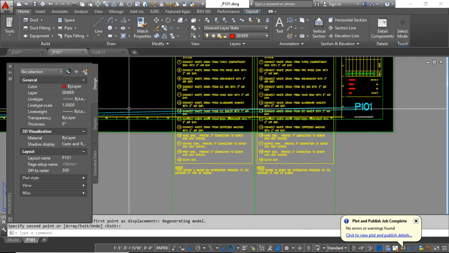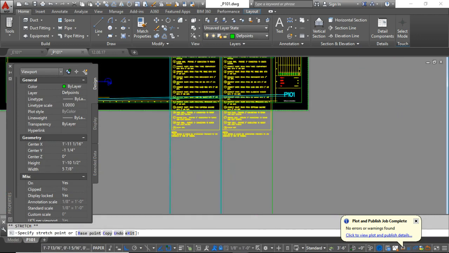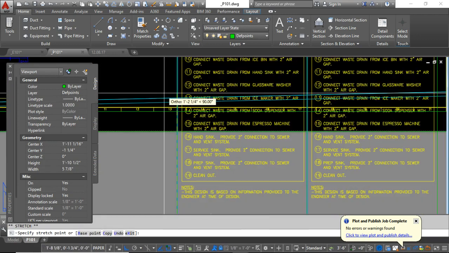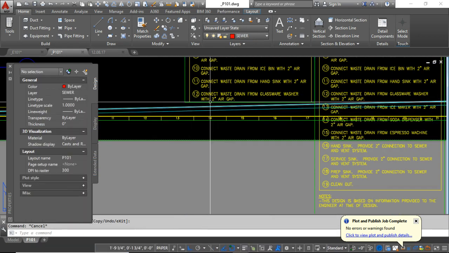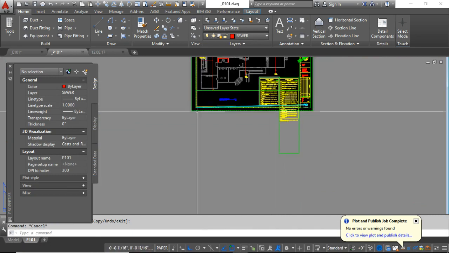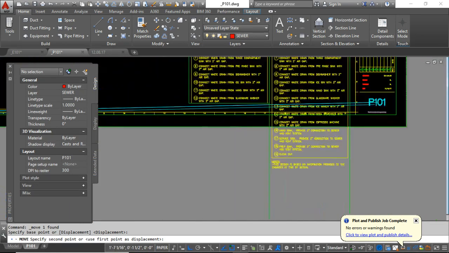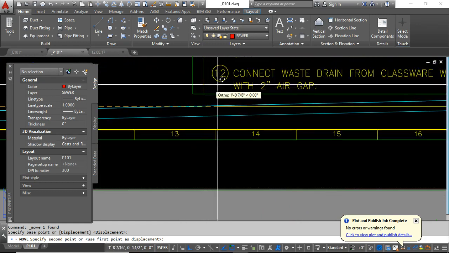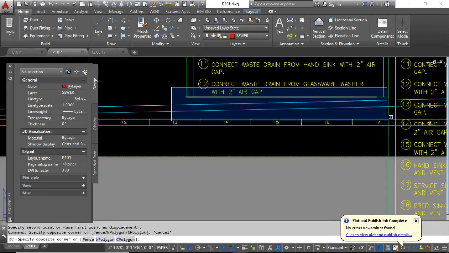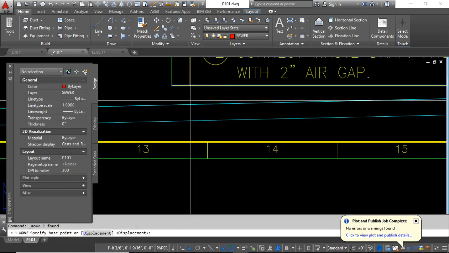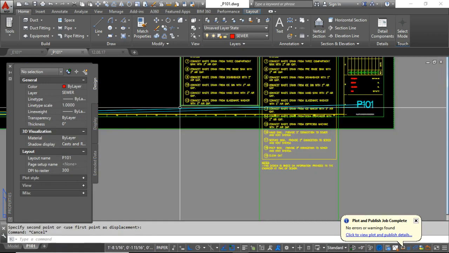So what do I want to go to? I want to go to 12. So I'm going to stretch my viewport to below 12. Okay. Right there. So it cuts everything off. The problem is because there's no line there, I'm going to have to put an artificial line there. And because that's not a real intersection, that's beyond inside of the viewport, I'm going to move it to here. But AutoCAD actually lets you move it perpendicular into an object, perpendicular there. Those lines are never touching, but when you print,